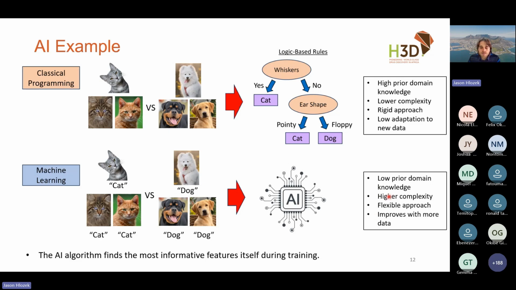Whereas with a machine learning type approach, I don't need a huge amount of domain knowledge. I don't need to know explicitly how each aspect is working. Of course, if you do know some domain knowledge, that can still be very helpful in how you go about crafting your model. It tends to be a little bit more abstract, and you can cater for more complexity in your data set because the algorithm is deciding for itself the best way to connect the input and the output. And as I give it more and more data, this tends to help the model learn the patterns better.